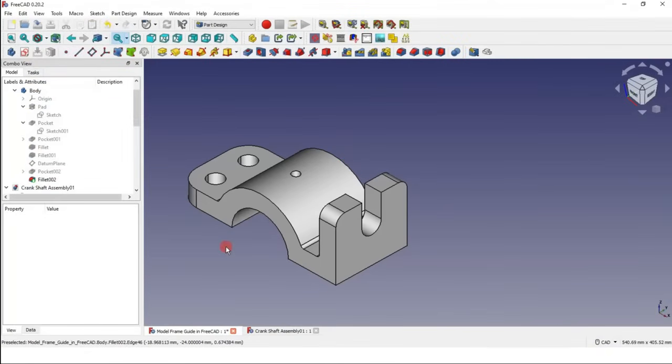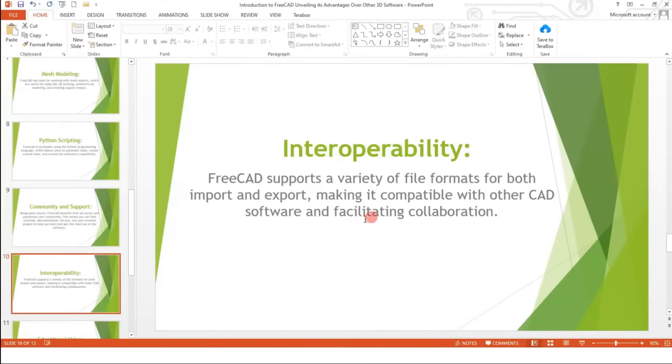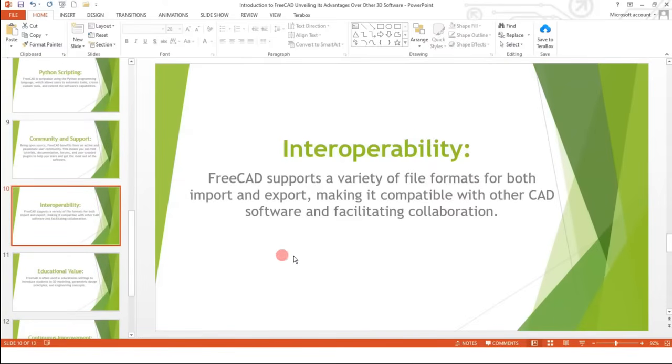For example, you can export your file into STEP or IGS, and you can open this file in other 3D software like Autodesk Inventor or SolidWorks. That is the main benefit of FreeCAD. It supports all file formats from 3D printing to surface file formats like IGS and solid formats like